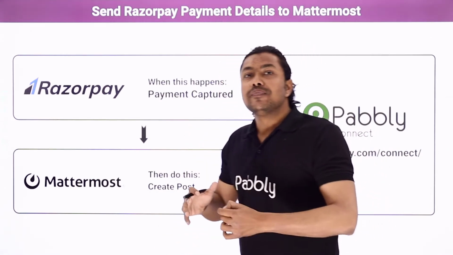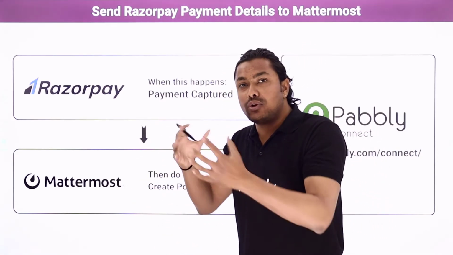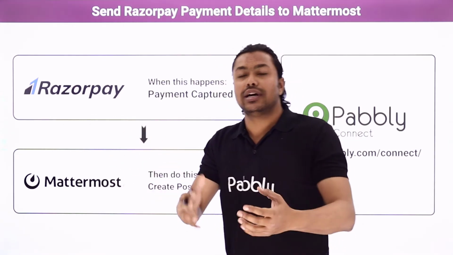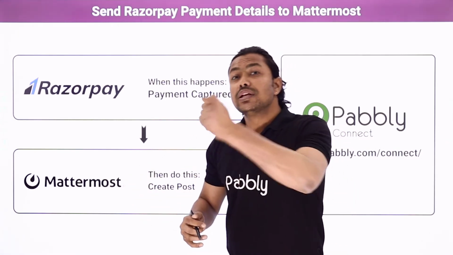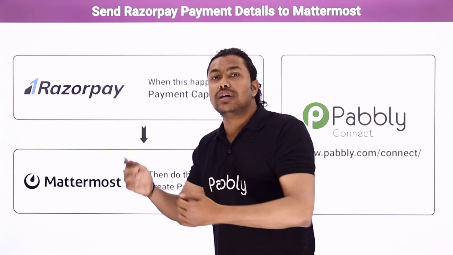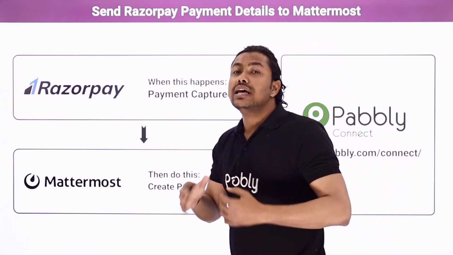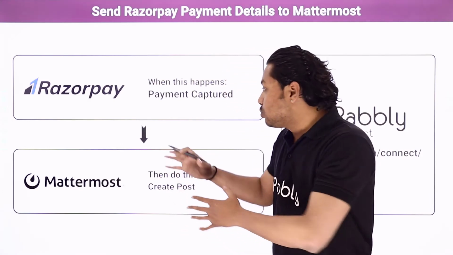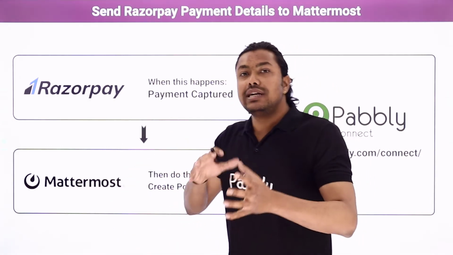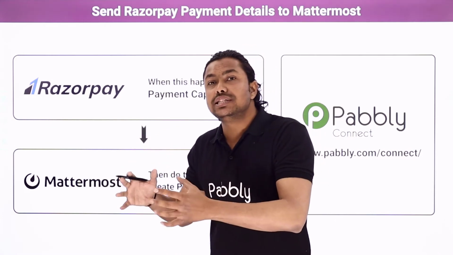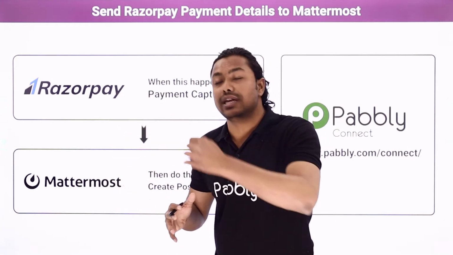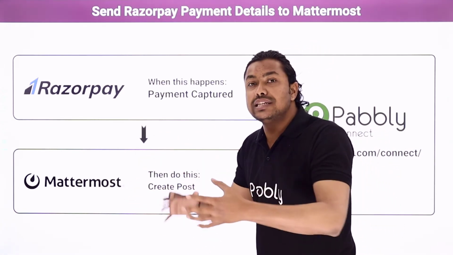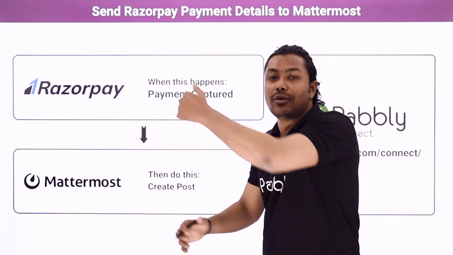Now what will happen? The details of that product which has been bought, that ABC bought a t-shirt, XYZ bought a jeans, those details will be sent to the Mattermost channel, and with those details, the details of the customer which will come from Razorpay will also be sent to the Mattermost channel, where your team will automatically know that the purchase has been made on a Razorpay payment gateway, and also your team will have the access to the details of the customer from that Razorpay